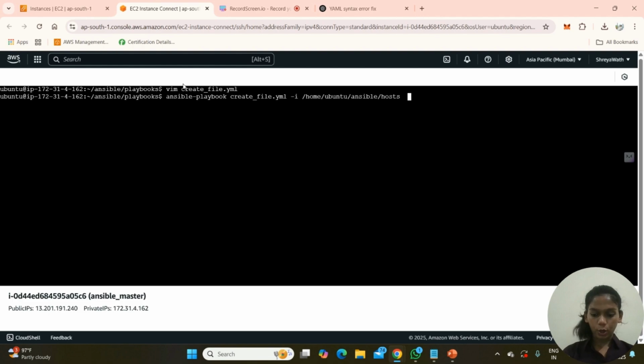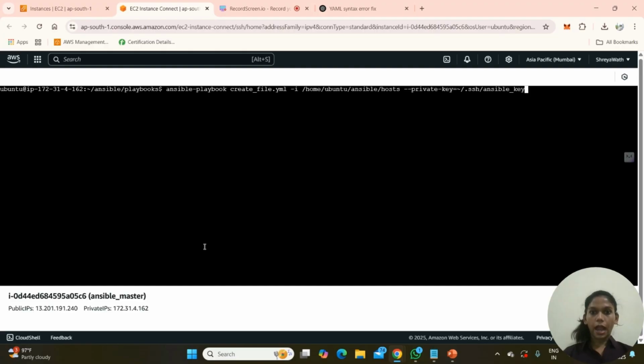After that, for security purposes, we give the private key file: private-key equals tilde slash .ssh slash the name of our key file, which is ansible_key, and hit enter.